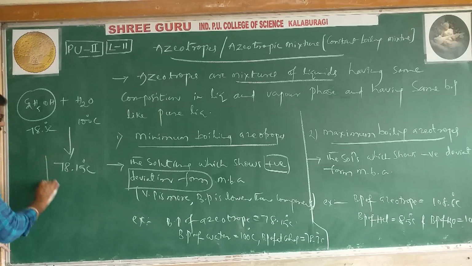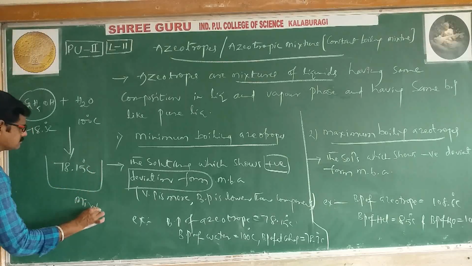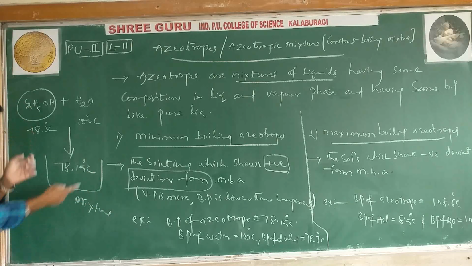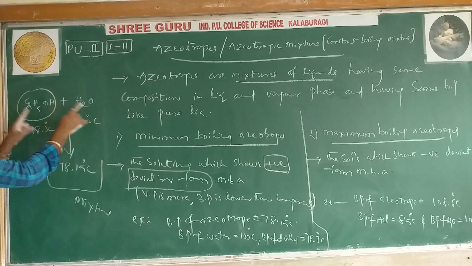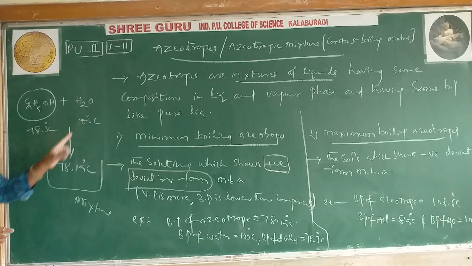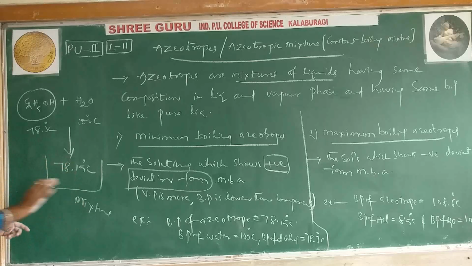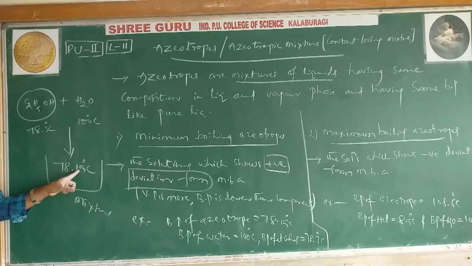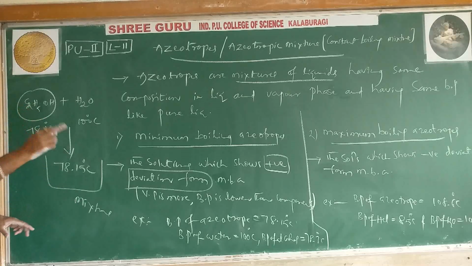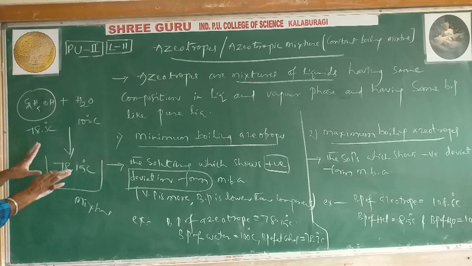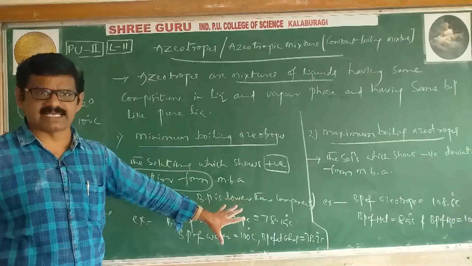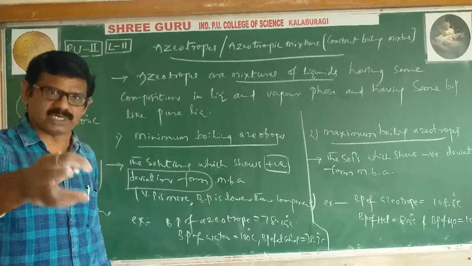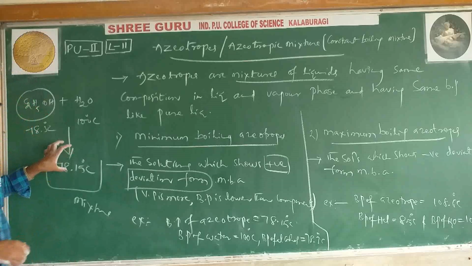It is a mixture, of course. Just now I mentioned that the mixture boiling point is less than that of either component. It is 100 for water and 78.3 for ethyl alcohol, and the mixture is 78.1, which is definitely a lower boiling point than the pure components. You have to remember at least one example with its values. That is your job. Okay, I have given a clear explanation.